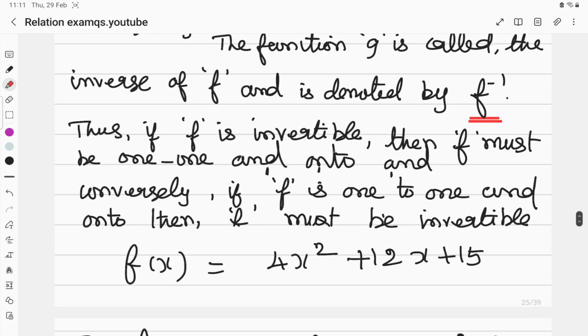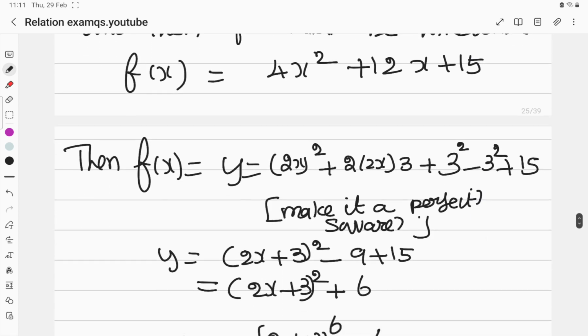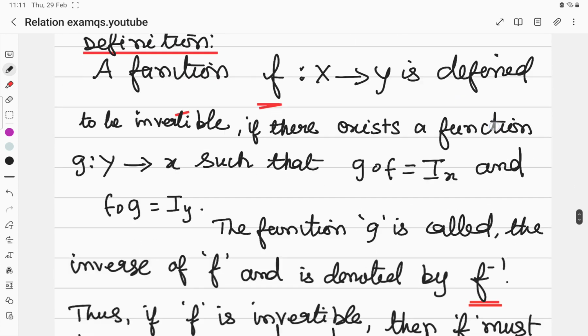Thus, if f is invertible, then f must be one-one and onto. And conversely, if f is one-one and onto, then f must be invertible. Here, given f of x is equal to 4x square plus 12x plus 15. Then f of x